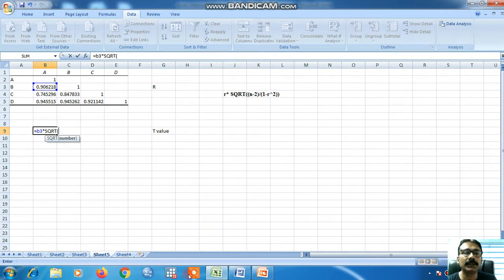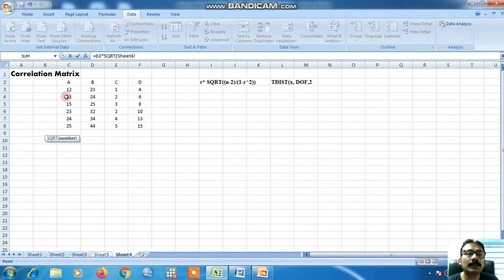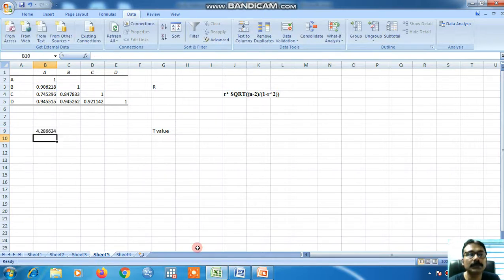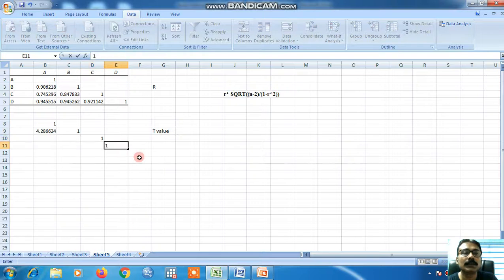Suppose n is the number of items, 1, 2, 3, 4, 5, 6. N is 6. Therefore it will be square root of n minus 2, 6 minus 2, that means 4. It will be 4 divided by 1 minus r square, that is 1 minus B3 squared. Close the bracket, double bracket. So you will get the t value. Now for all the diagonals, first write that the diagonals are 1, 1, 1, 1. Okay, now